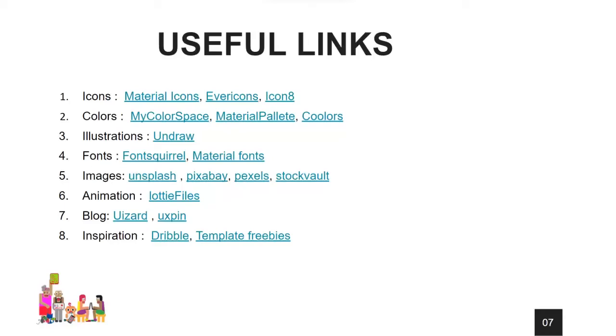So with the useful links, here are some links where you can get free or paid resources like images, icons, colors, illustrations, fonts, animation, and then where to get inspiration. So a blog, a community. So you can visit